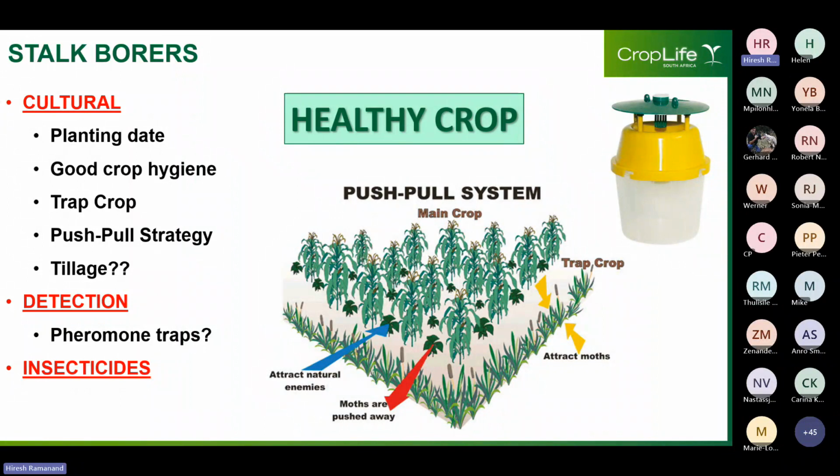Good crop hygiene involves destroying maize residues by burning to eliminate larvae and pupae within the stems, and removal of volunteer crop plants and/or alternative hosts. This prevents carryover populations, which helps in limiting the initial establishment of Busseola and Chilo that would infest the next crop. Again, from a no-till perspective, this will not be considered since the crop residues are required to protect the